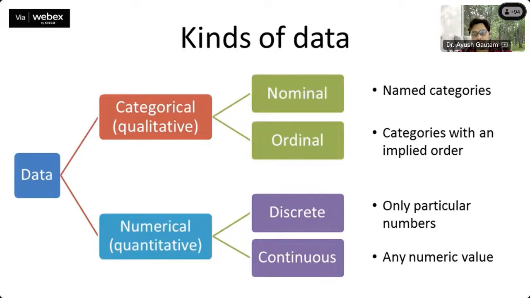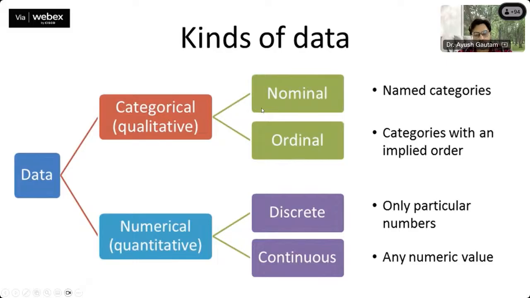Whenever we are making graphs, we need to first identify whether the given data is qualitative or quantitative. Usually we say that qualitative data is the categorical data and quantitative data is the numerical data. But it doesn't mean categorical data cannot be in terms of numbers. If the product ID of a product is 3564, then that product ID is in terms of numbers, but still that is categorical data. So to make any charts, the first thing we require is deciding whether the given data is categorical or numerical.